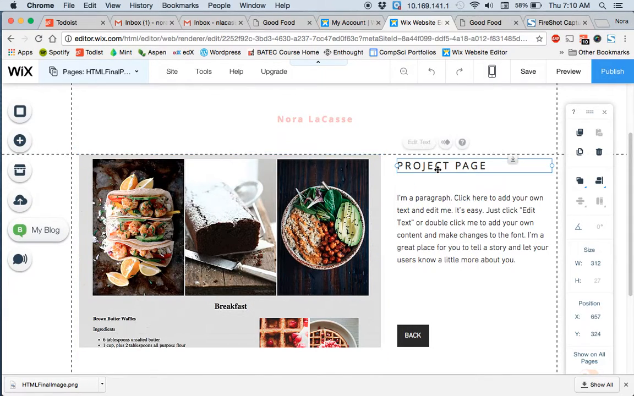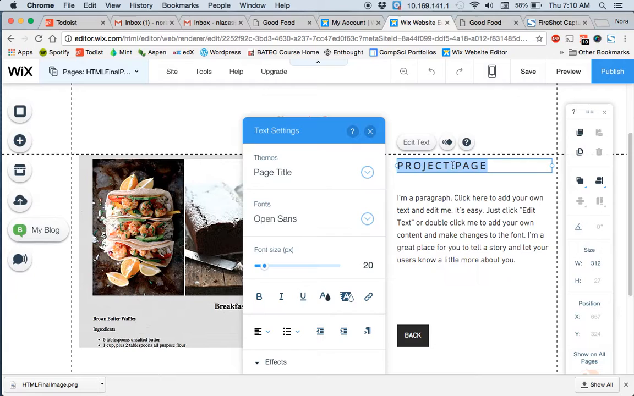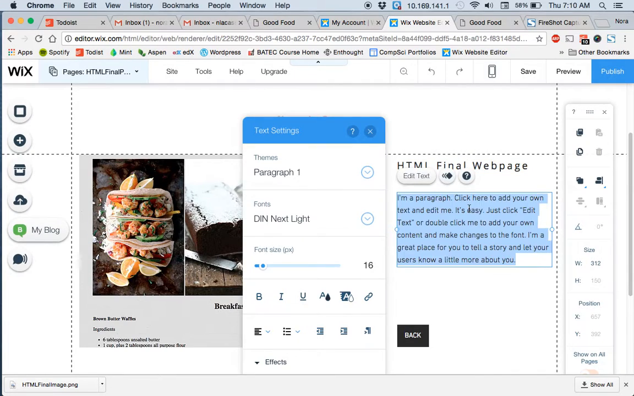Okay. So over here, I have my project page heading, and I have a paragraph, but they aren't about my page, so I'm going to change that. I'm going to title it HTML Final Web Page. And in my paragraph, I'm going to first talk about what my web page is about, and then I'm going to talk about some of the content that I have on my web page. So I'm going to start by saying,